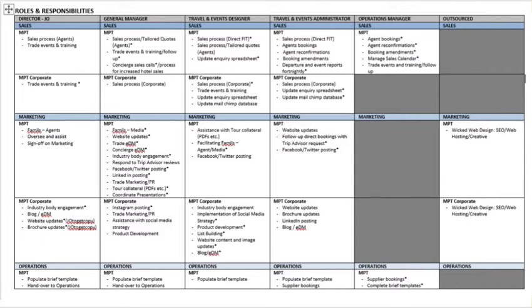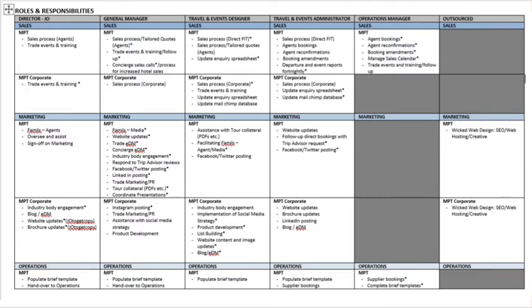Next, a roles and responsibilities document. So here's an example of ours at a time where we had 5 full-time staff in the business and we had a range of outsourced solutions. So this is one page. As you can see down the page, we've got in blue a number of categories: sales, marketing, operations. So this is page 1. On page 2, it looked very similar, but those categories were product, accounting, human resources, and administration. So I believe that in most small businesses, certainly in mine, you can literally put everything that happens in that business into those 7 categories.